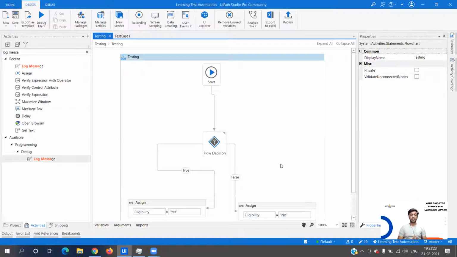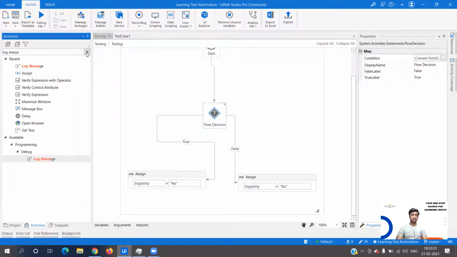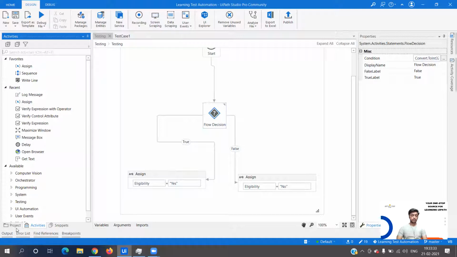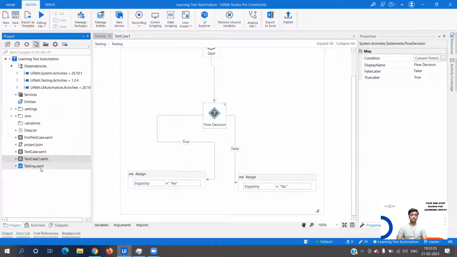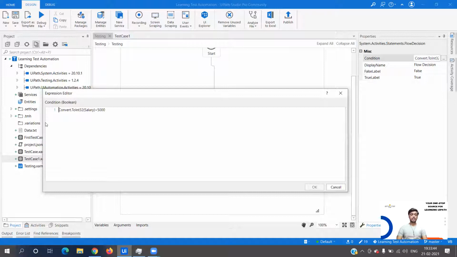Now, if salary is greater than 5,000, and you see this is a flowchart, this particular project is a normal XAML file. It's not a test case. If you see testing.xaml, salary is my input, right? Convert.ToInt32, and I'm converting my salary, which is a string, into an integer and checking if it is greater than 5,000 or not.